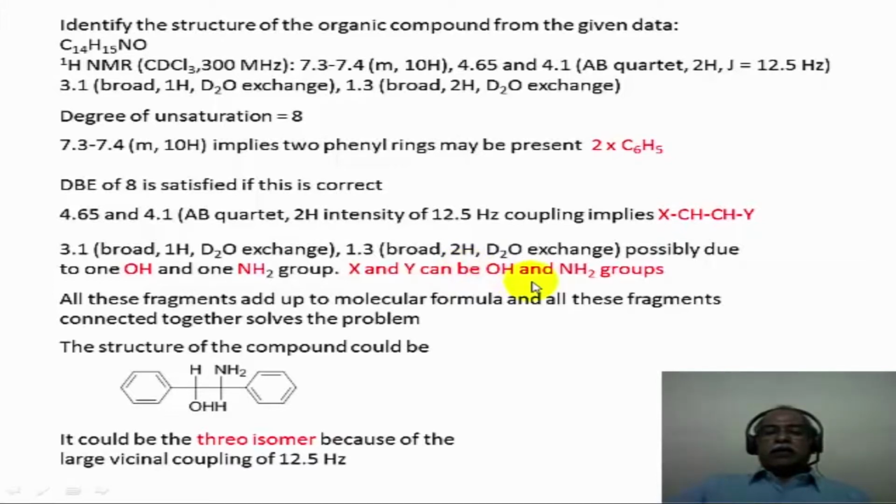We have already seen how to distinguish the erythro isomer from the threo isomer in the earlier sessions of the NMR spectroscopy. Based on the 12.5 Hertz vicinal coupling, one can come to the conclusion that it could be a threo isomer because of the large vicinal coupling constant, because only in the threo isomer you have a conformation where the two hydrogens are trans or anti with respect to each other, and that would correspond to this 12.5 Hertz. So please go back to the earlier lectures where we talked about stereochemistry determination using NMR spectroscopy and refresh your memory to identify this 12.5 Hertz coupling corresponding to the anti-conformation of this particular molecule.